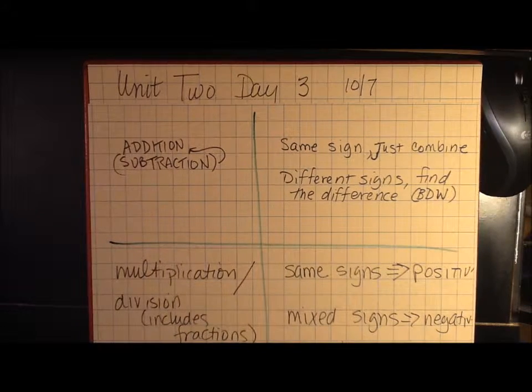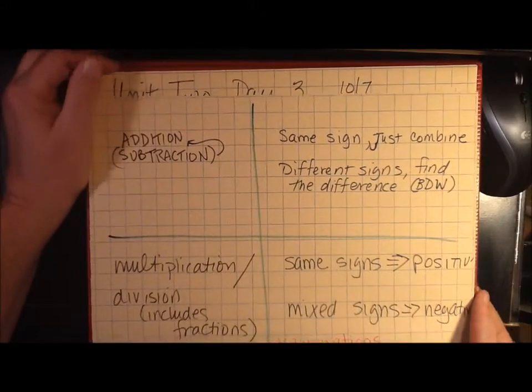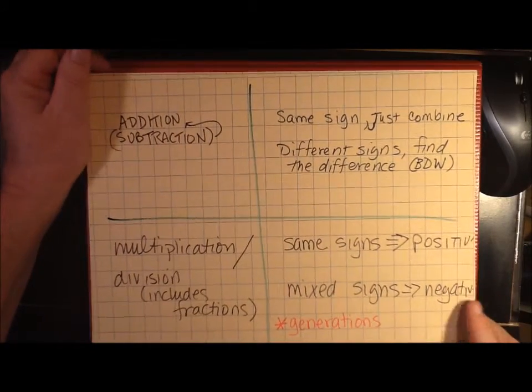This video concerns Unit 2, Day 3 of Math 060. This unit talks about multiplication and division of numbers that are either positive or negative. Sometimes they're called signed numbers, sometimes they're just talked about as integers. One of the things I wanted to start with before we got going was to remind you some of the